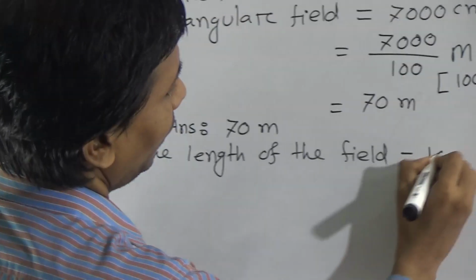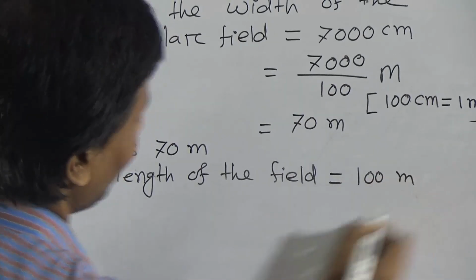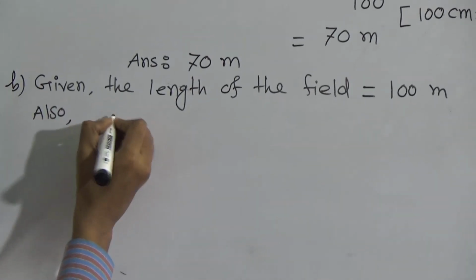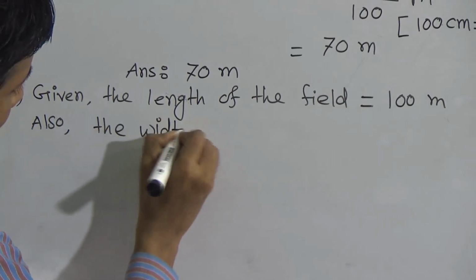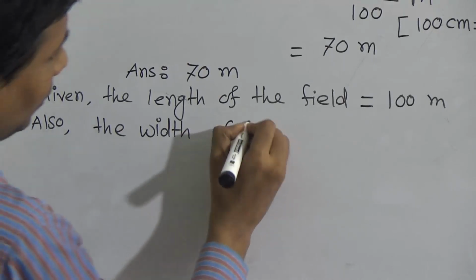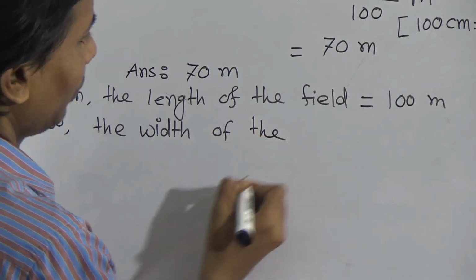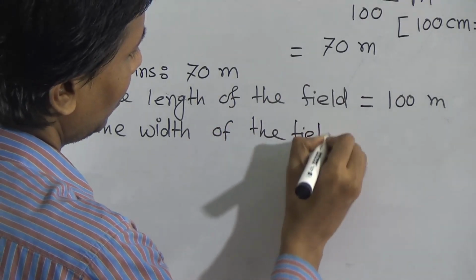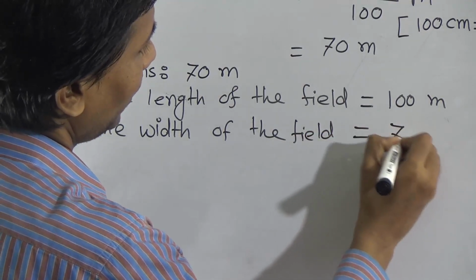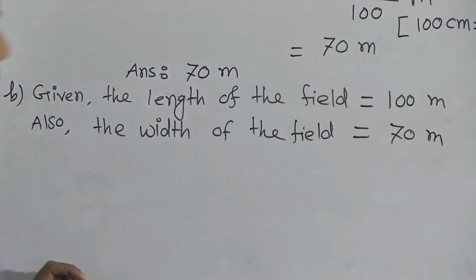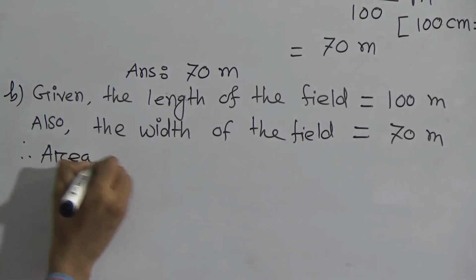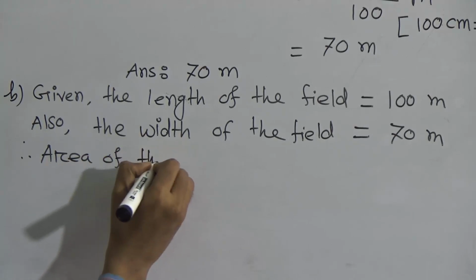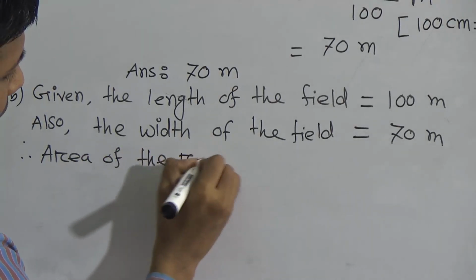And the width of the field, how many? 70 meter. Therefore area of the rectangular field